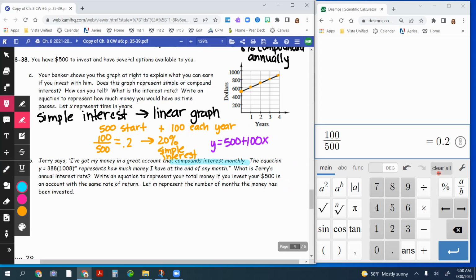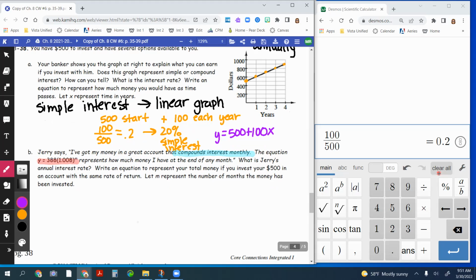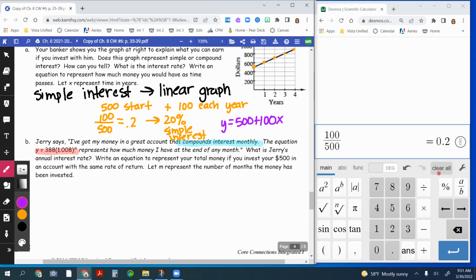The equation is y equals 388 times 1.008 to the power m, which represents how much money I have at the end of any month. What is Jerry's annual interest rate? Write an equation to represent your total money if you invest your $500 in an account with the same rate of return. Okay, so in this situation,